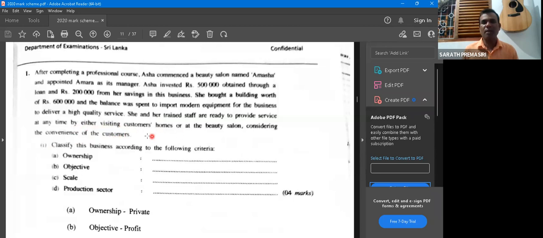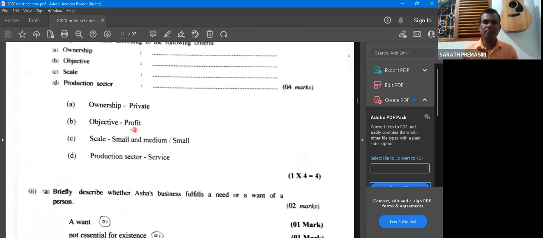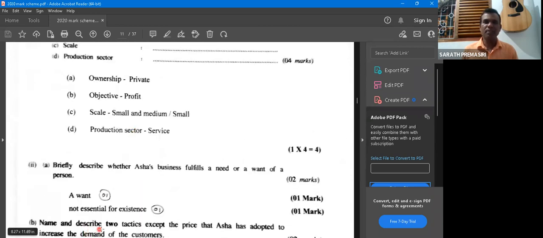See whether that paragraph gives you any idea related to the answer. Our question is: name and describe 2 tactics, except the price tactics, Asha has adopted to increase the demand of customers. Then you see the marketing